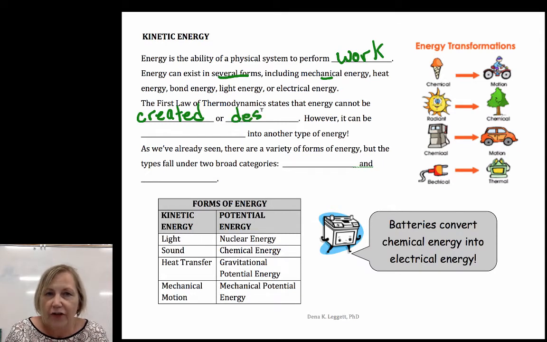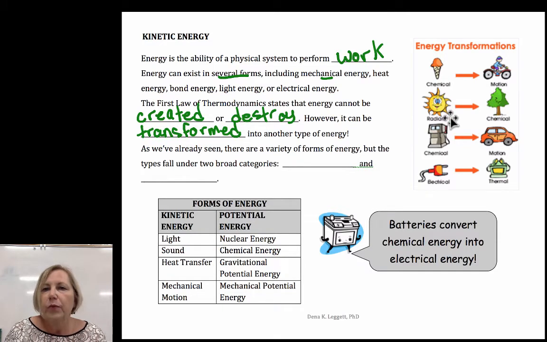We can, however, transform it into another type of energy. So energy can be transformed from one type to another type. So we can go from radiant energy to chemical energy to energy of motion, electrical energy to thermal energy, for example. So there's quite a few forms of energy, but overall there are two broad types of energy: kinetic energy